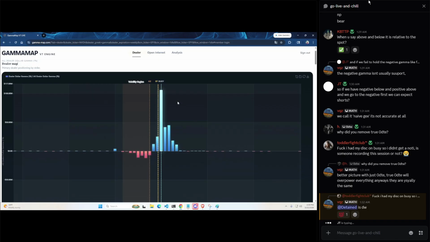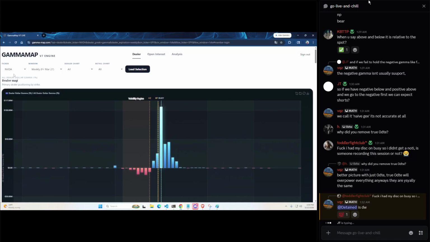The market's going to do whatever it wants to do. So if it goes down, however you trade, at whatever levels you have, if you have levels below us telling you to go bid or to buy, you take those levels. Basically, that's how I do it. If I see this, I'm going to go bid and target that strike.